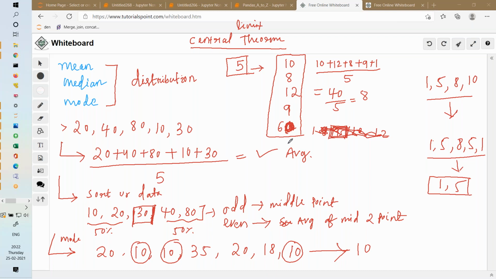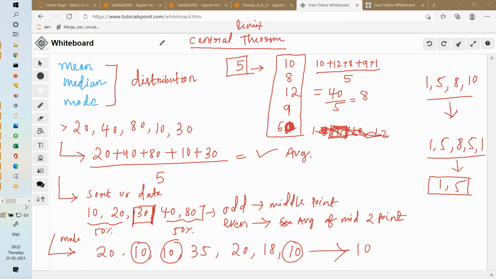I think we should use the mode because this 60 makes a lot of difference when it comes to the mean, because the mean will be more than 10. If we exclude the 60, we have an average of around 8 or 7. This should be the proper value according to me. If we sort it, maybe the median will become 8 or 10. So I think we should go for a mode.